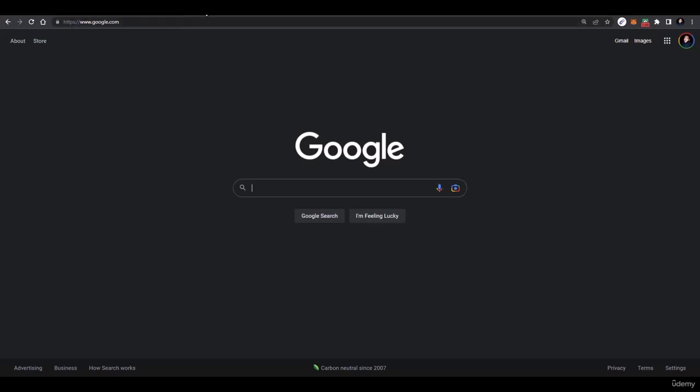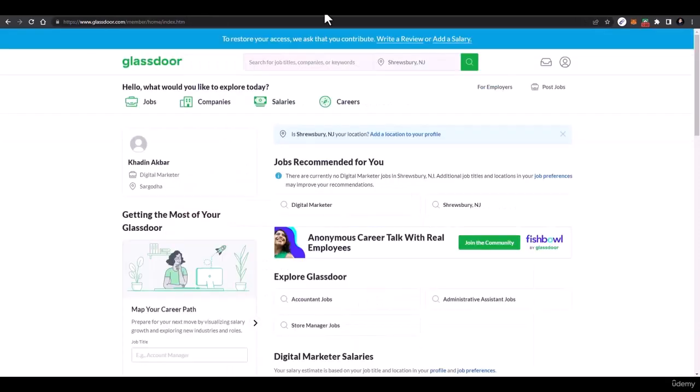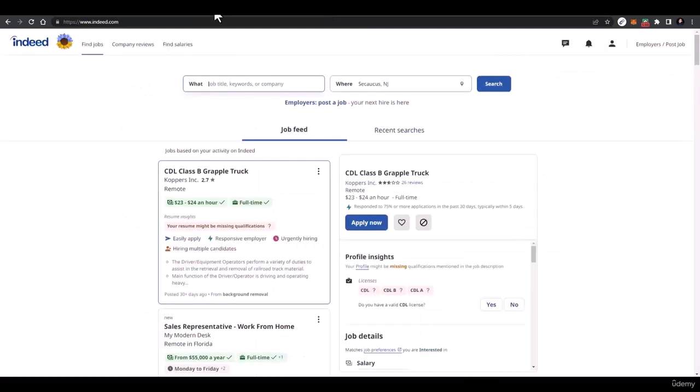So here's the thing, there are websites like Indeed and Glassdoor, and you know about these websites. And if you know about these websites, you can skip this lecture, but I think I should share each and everything with you, and that's why I'm sharing about it. So here what you have to do is,